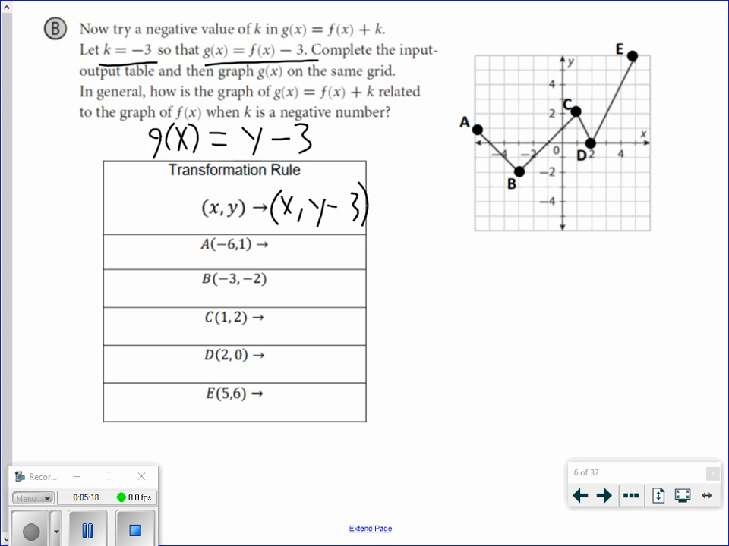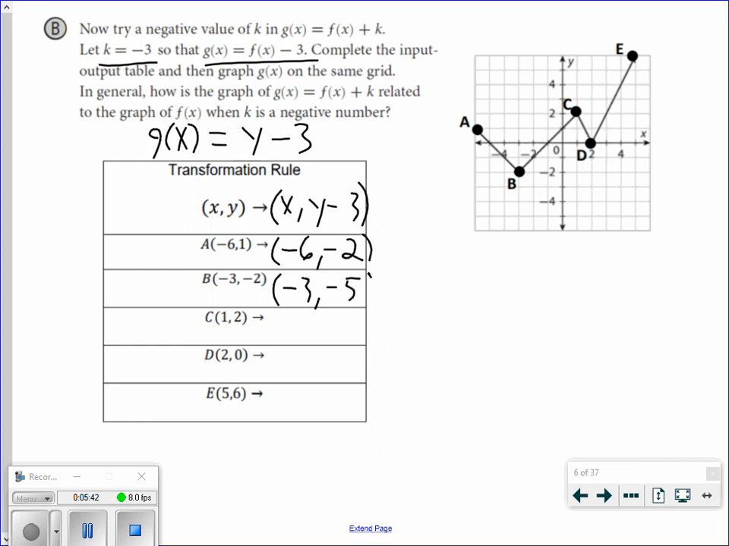And you could have used the transformation rule I showed you in the previous slide. Either way, you get the same thing, x comma y minus 3. Or in other words, our k is our vertical translations up and down. We take our graph and we move it down 3 units, or in other words, -3 from our y term. So when we do that,